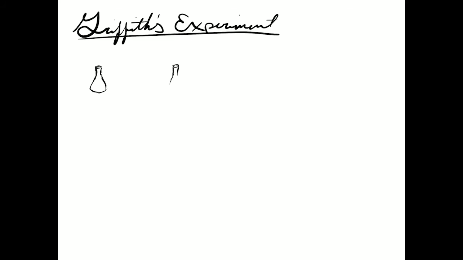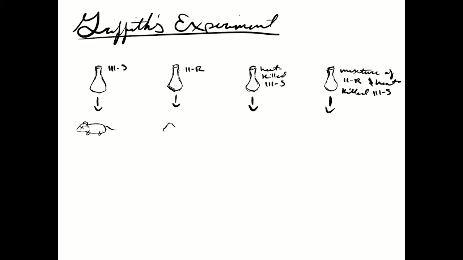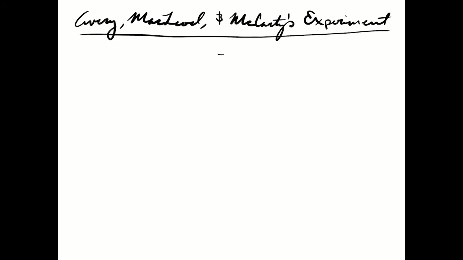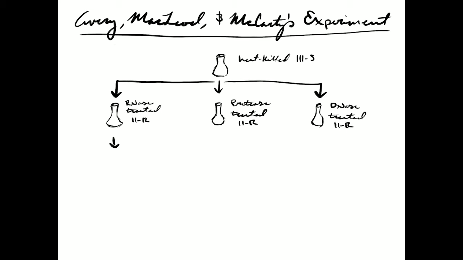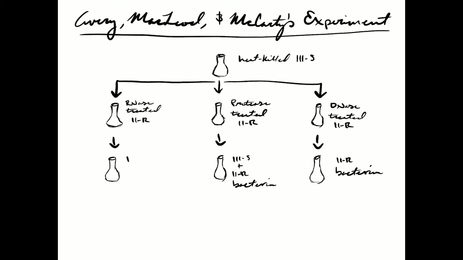It was concluded in Griffith's experiment that a heat-killed virulent bacteria transformed harmless 2R bacteria into the deadly 3S bacteria. This was called the transforming principle. Avery, McLeod, and McCarty wanted to look further into the transforming principle and conducted an experiment using heat-killed 3S and treated 2R bacteria. 2R bacteria were treated with RNAs, proteins, and DNAs, respectively, and then mixed with heat-killed 3S. The only sample that did not contain transformed 3S was the one treated with DNAs, meaning DNA is the transforming